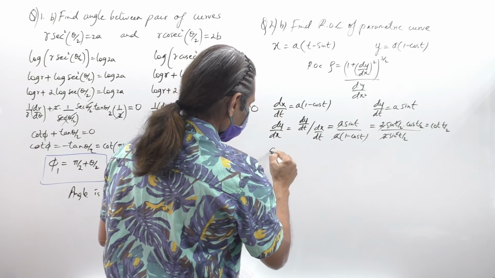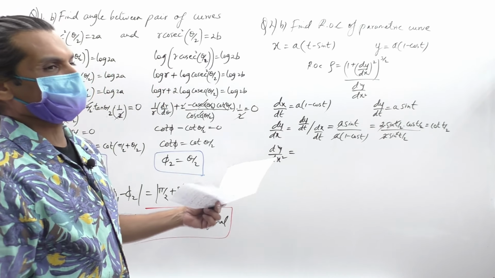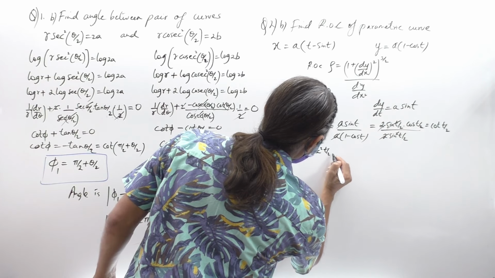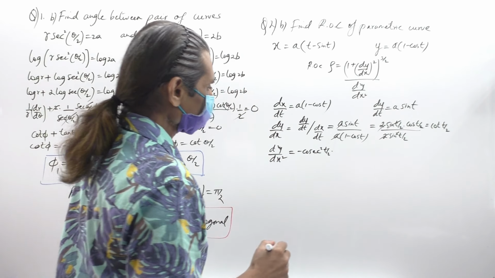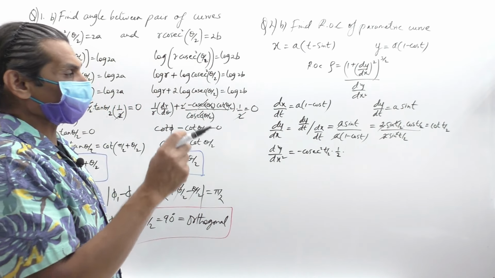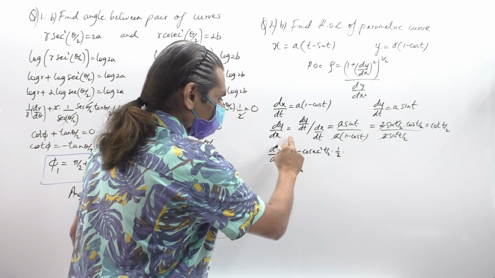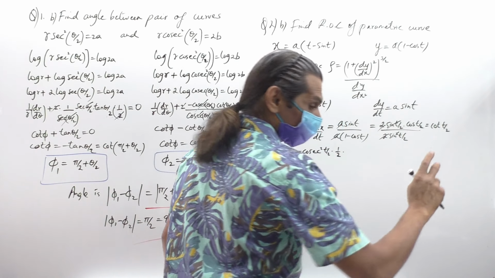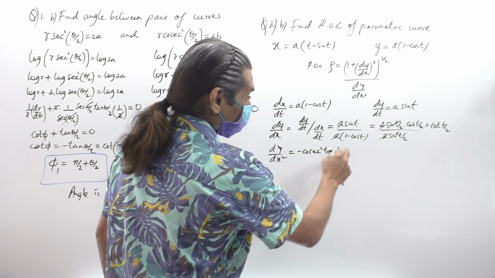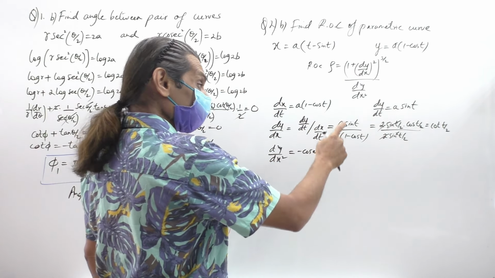Now we need d square y by dx square. So d square y by dx square will be, again, differentiation of cot theta is minus cosecant square theta. So cot t by 2 gives minus cosecant square t by 2 into 1 by 2. See, you are differentiating here with respect to x. dy by dx is cot t by 2, correct? We are differentiating here with respect to x. Therefore, d square y by dx square is minus cosecant square t by 2 into 1 by 2,